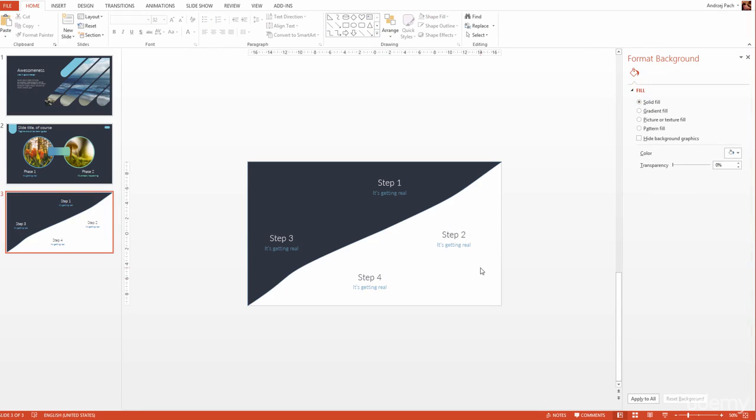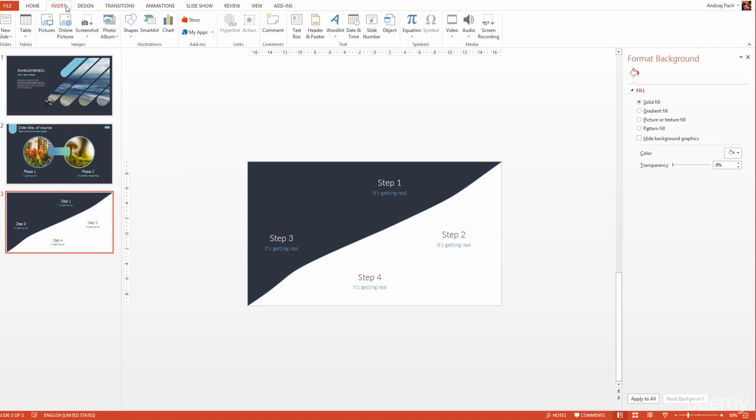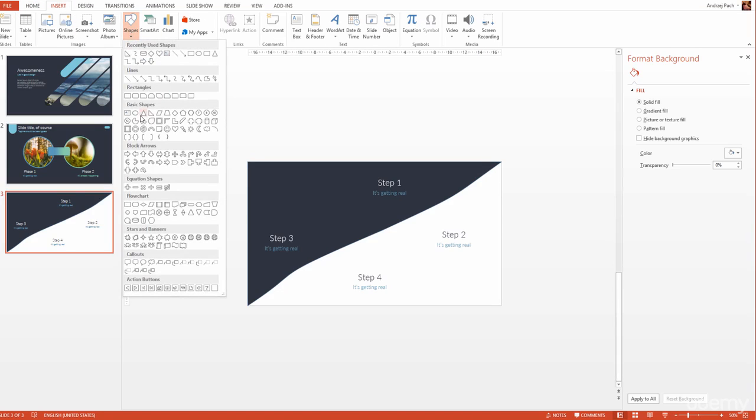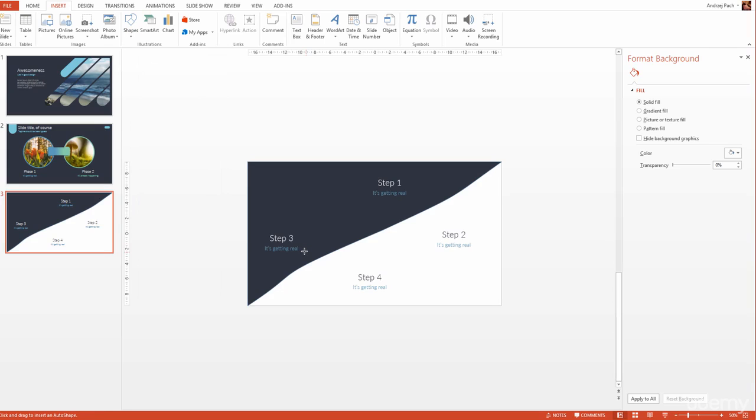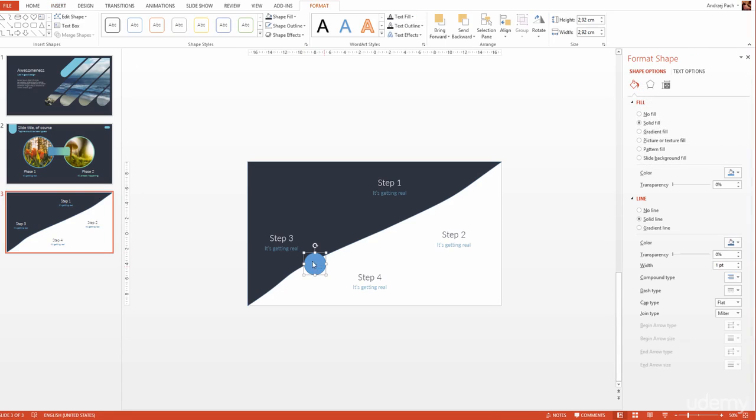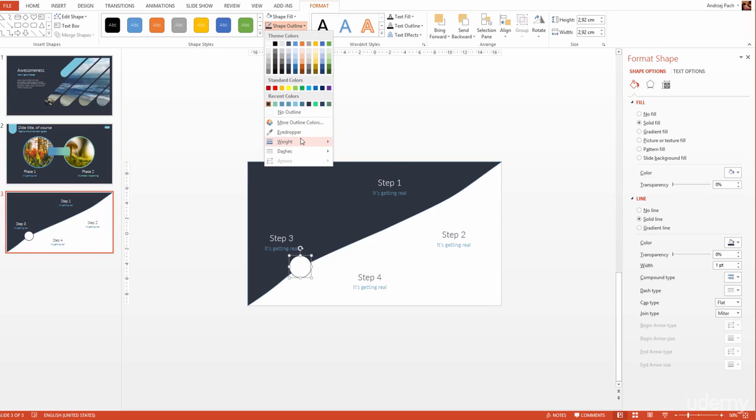Now we are close to being done. And in the middle, I would like to place some icons. So I'll go to Insert, Shapes, and I'll make some circles. I click, and by holding the Shift key, I make perfect circles. Now those circles will be filled with a white color, and their outline will be, of course, the color from our background. Now you can decide how big it is, for example 2 or 3 points, and I copy it